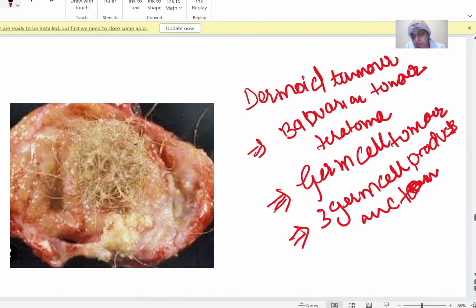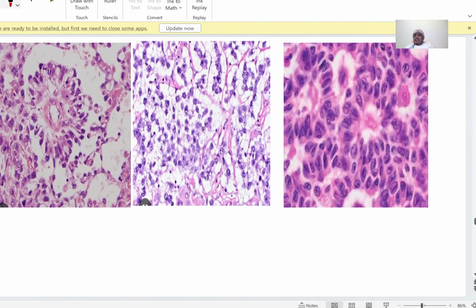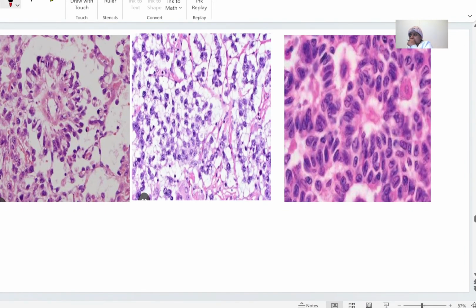Okay. What is the first histopath finding? These all are the findings of ovarian tumor. What is the first histopath finding? Schiller-Duval bodies. These are found in